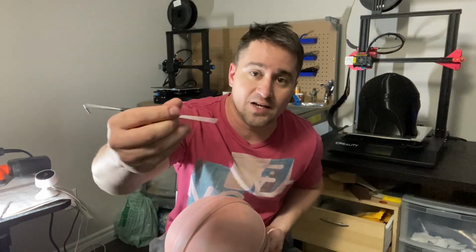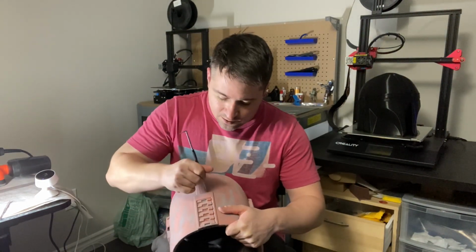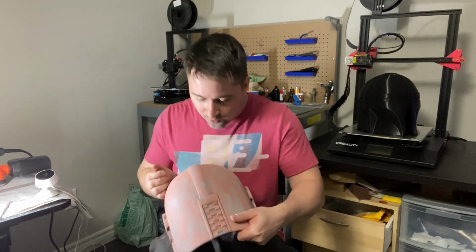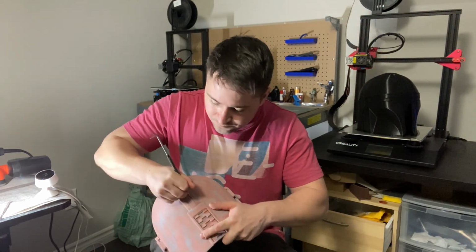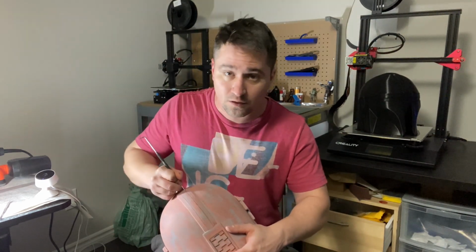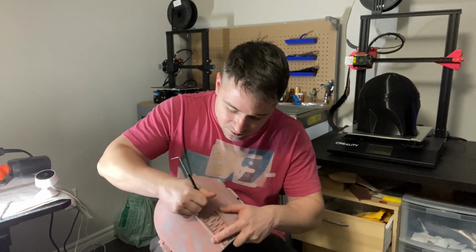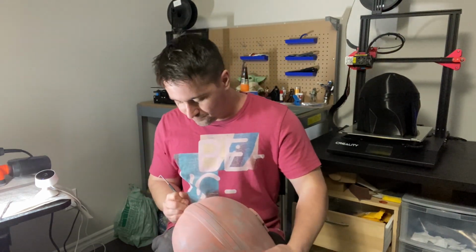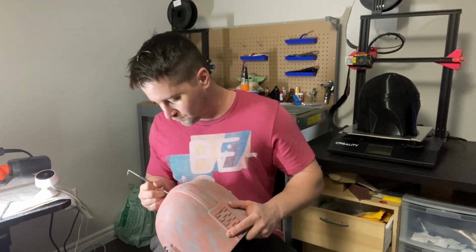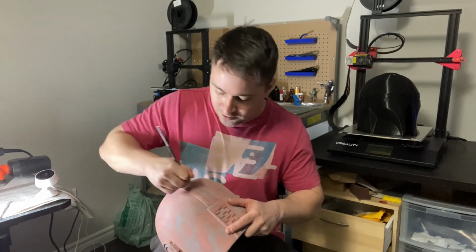So if you have a pick, great. If not, I recommend getting one. And a little bit of force. Go over it a couple of times. Because with all that Bondo, we filled it up, right? So